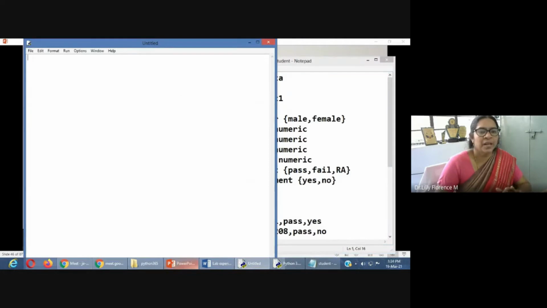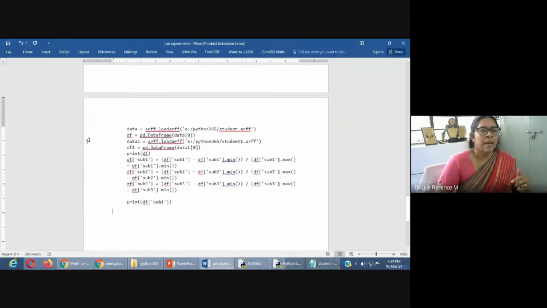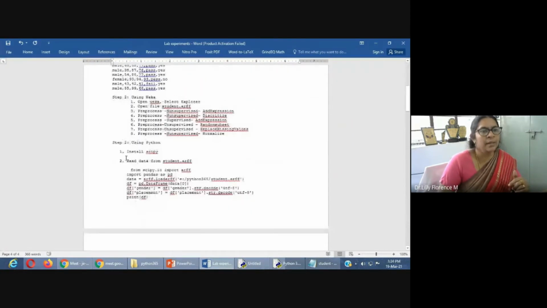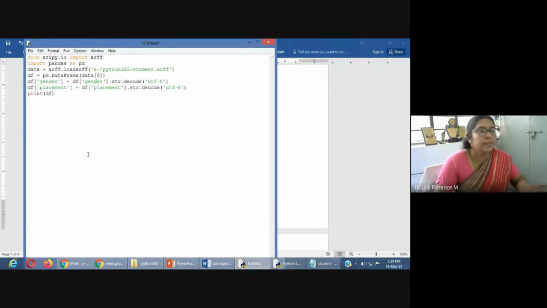Let me load the file into our Python platform. I have a code here to load the file. Here we are using a Python library, SciPy, to load the ARFF file.